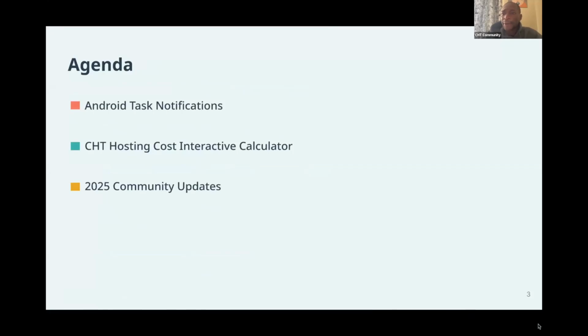So we have an exciting agenda to make sure that we kick off our first edition of the Roundup call on a high note. We'll be discussing and presenting the Android task notification feature, which should be available soon. This is one of the features that a lot of community members have been asking for, and we would